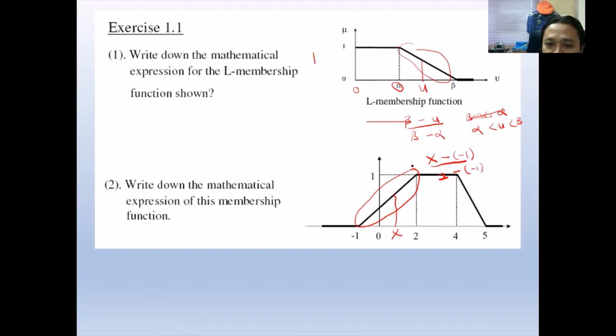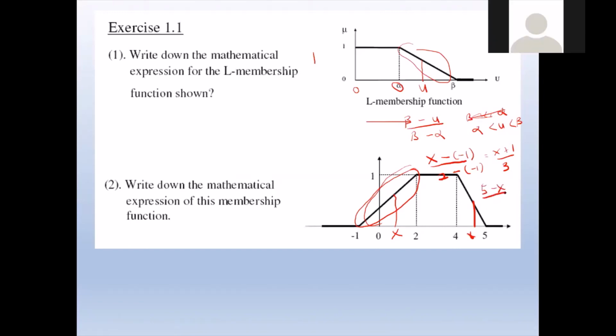That's for this equation. That means x minus 1, divide by 1, for example. And then for this equation, we put some x here, 5 minus x divide by 5 minus 4.